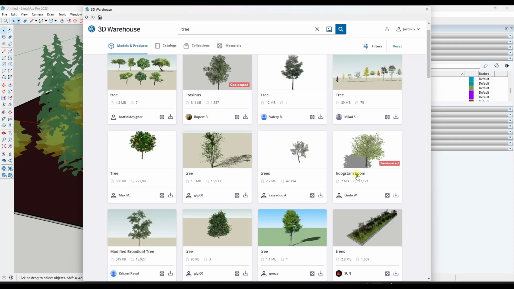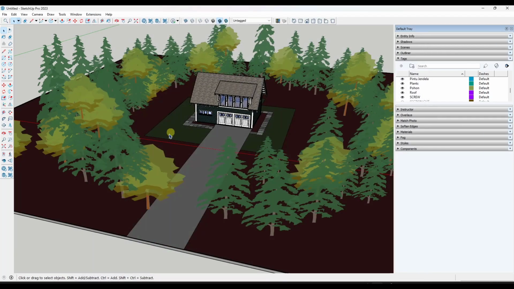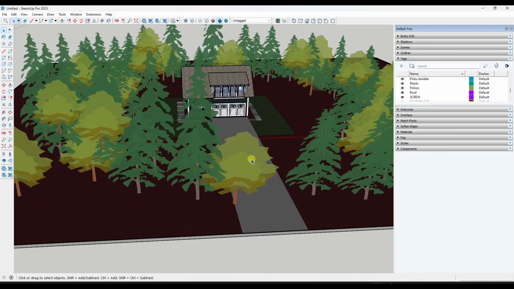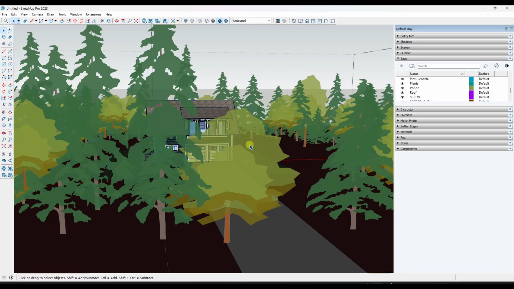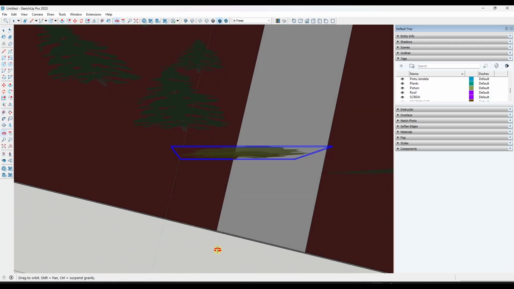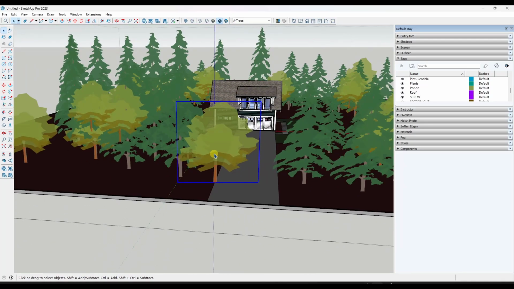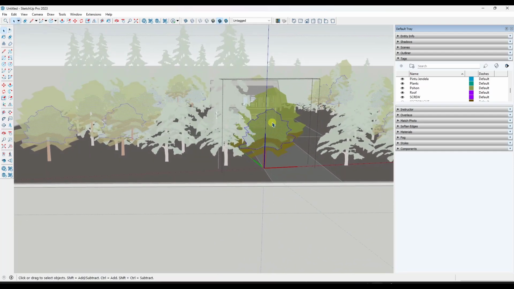This Hoogstam Boom tree has the same issue. It's got 13,000 polygons in it, and it's 2 megabytes. Now, if you look at what Mike Brestel has done in this model, he's used simple 2D face me images. These are just two-dimensional planes, and you can see it by looking at the top right here. Instead of adding all of that plant geometry, he's just got this in here, and if I triple click on this and go into my entity info,